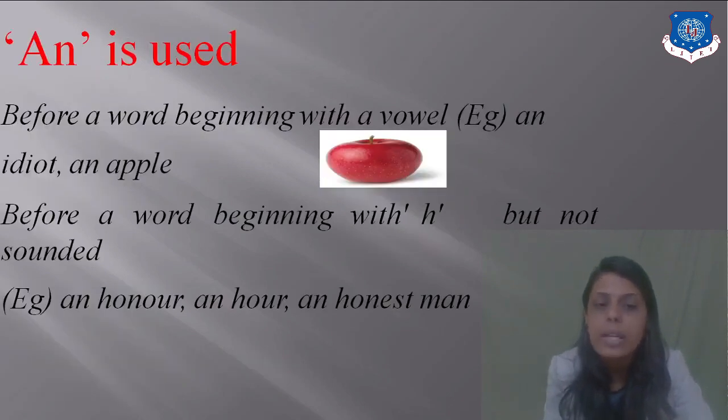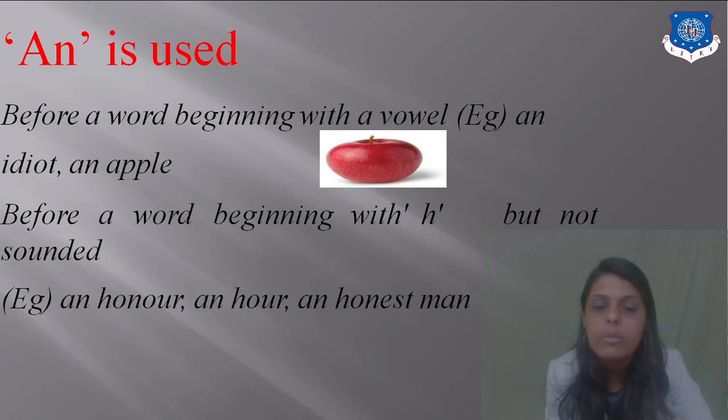Now, an is utilized where? Before a word beginning with a vowel: an idiot, an apple. Here the word is beginning with a vowel letter and also a vowel sound. So here the sound is also E. E is a vowel sound, and A is a vowel sound, right? So that's why you utilize an before it. So don't look at the spelling, look at the sound and then decide what you have to put,